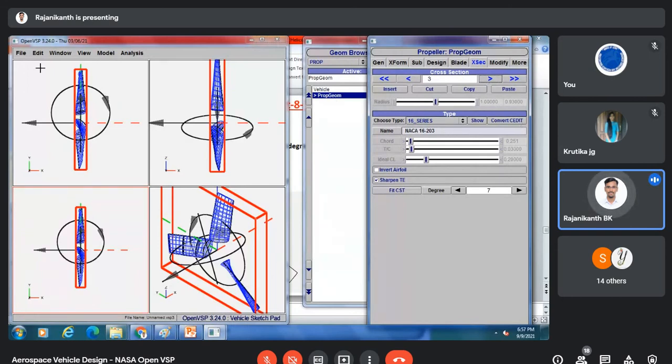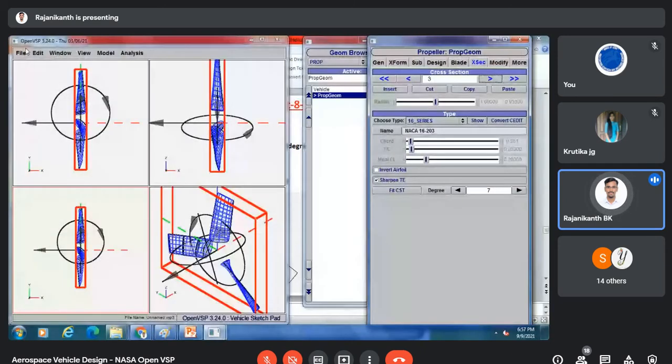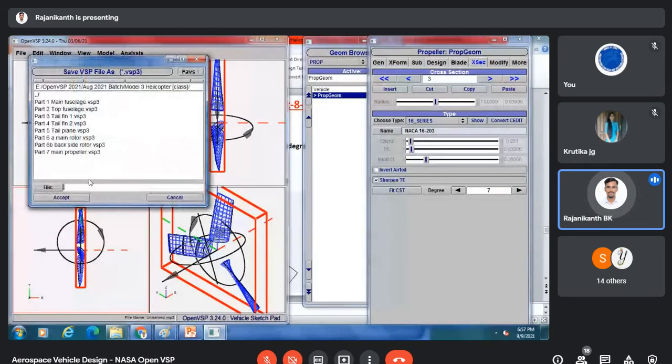Before I give my values, let's save this one, otherwise we simply lose our geometry. Use the save as option and call this one part 8 tail propeller. Enter or accept. Yes, so we'll come to